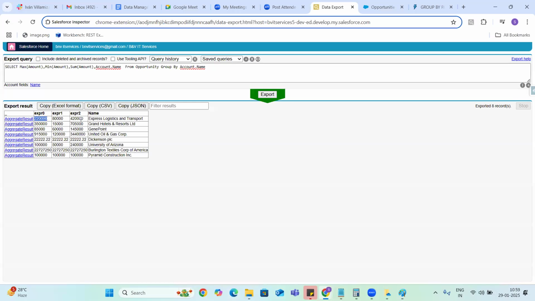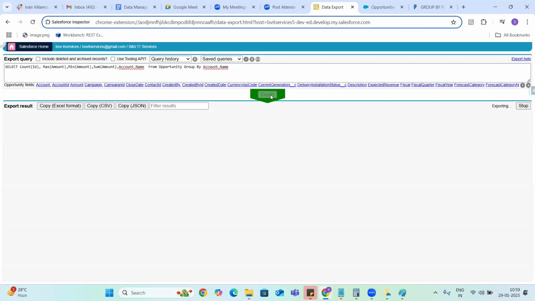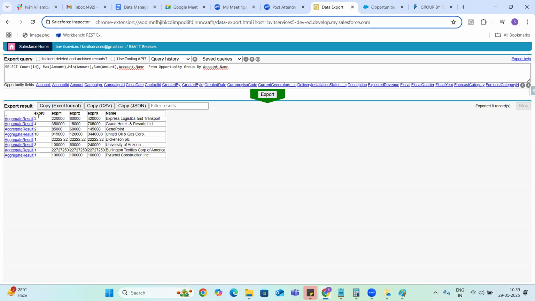And if you give count of ID, you can see how many opportunity records are there under this particular account. Then you can simply apply count. So this account has three opportunities. Here it is just showing expression 0, expression 1, expression 2, guys.